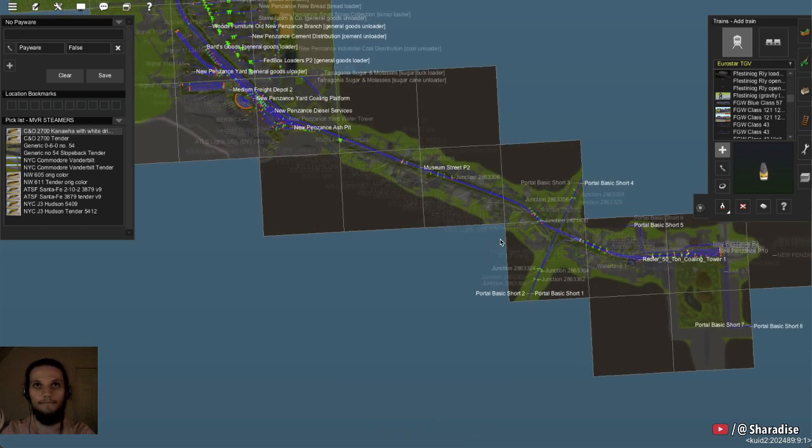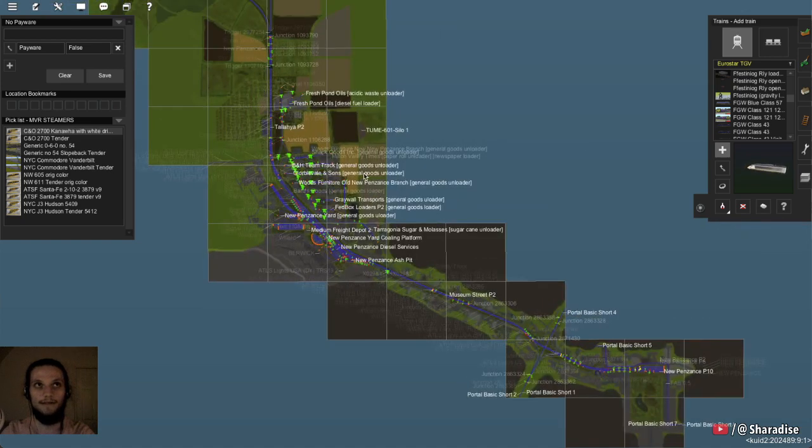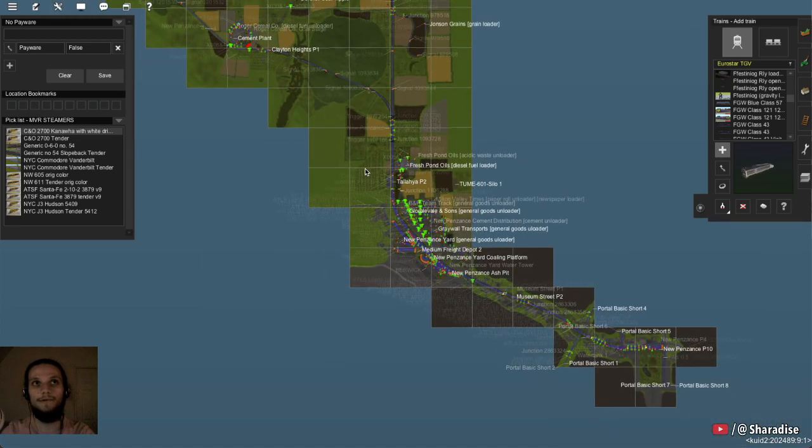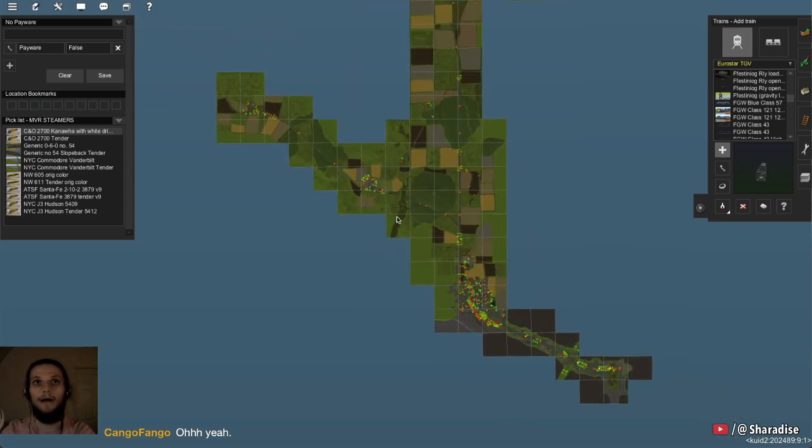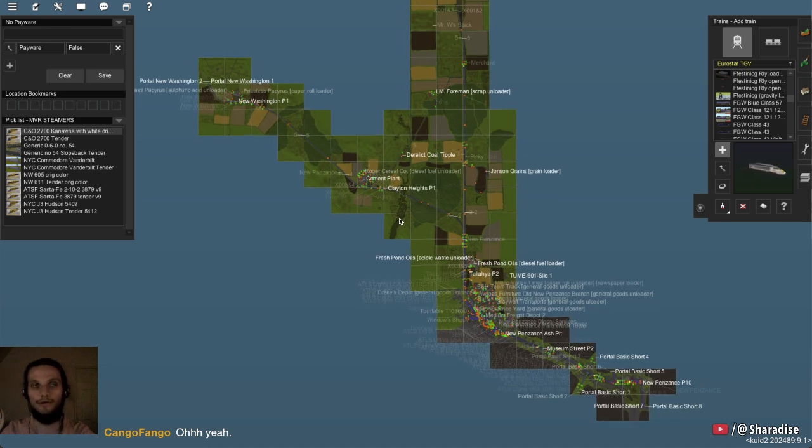But the New Penzance terminus and the yard are the most demanding areas on the route performance-wise, and I don't really want to start a player off in those. Now, the route isn't that performance heavy. I can run it on my computer without it really lagging that much, especially if I'm not streaming. But I still want to have the first impression be a smooth gameplay experience. So I was thinking it might be good